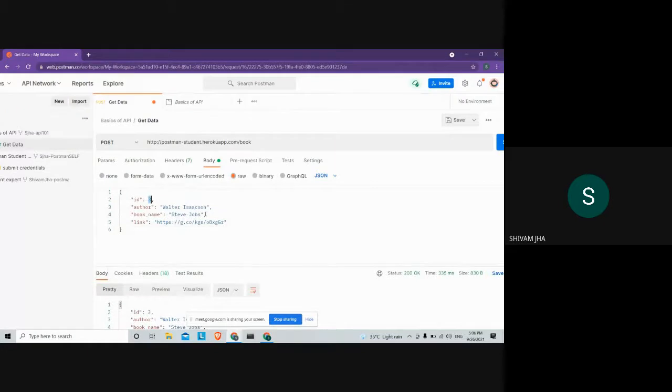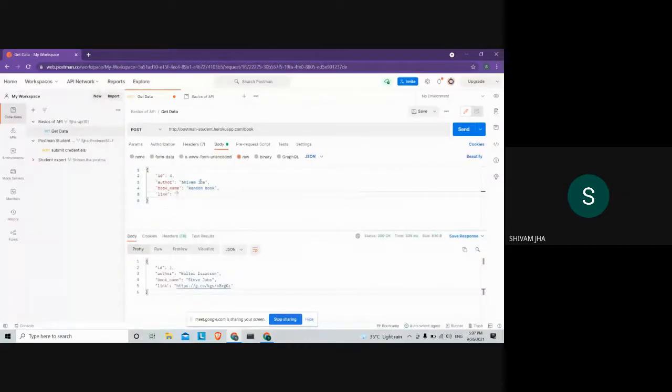Let's see. So up till now, the IDs of the books present were 0 to 3. So let's suppose I'll give it an ID of 4, and author, let's change the author to why not me. And the book name, due to copyright issues, I can use just a random name. Why not random book? Okay. Link. For now we'll leave the link field blank, I guess. We don't need to provide a link here.